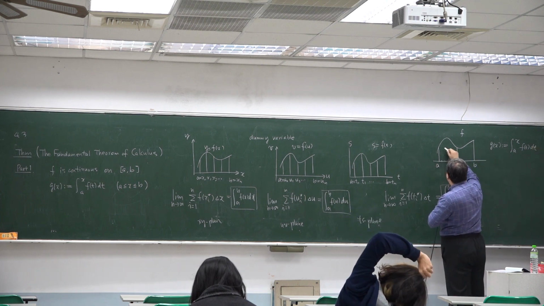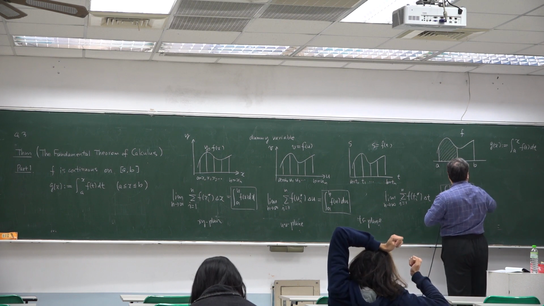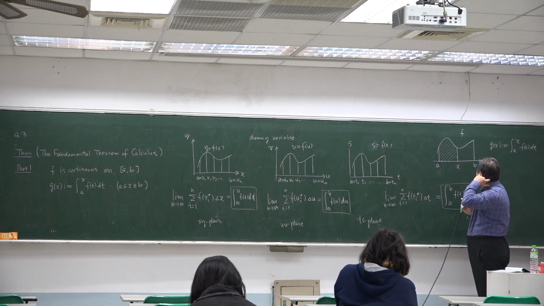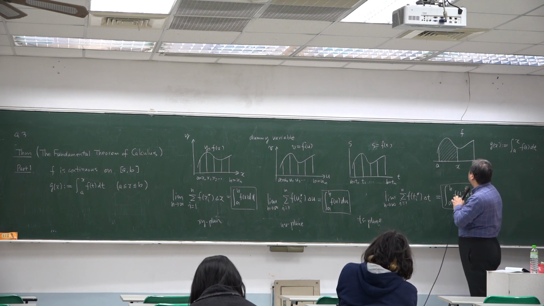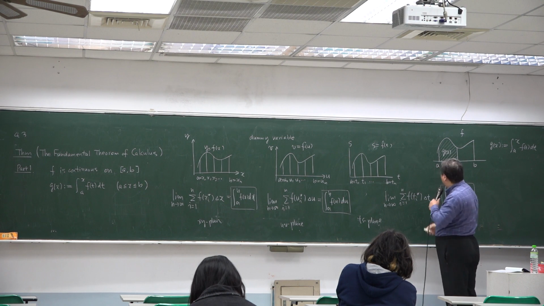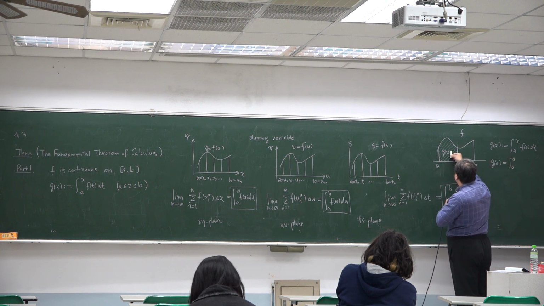So G of x is exactly this area. If f is continuous and non-negative, then g of x is here. Okay. When x equals a, from a to a,